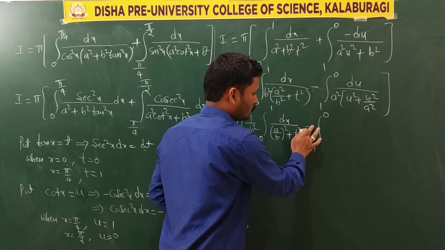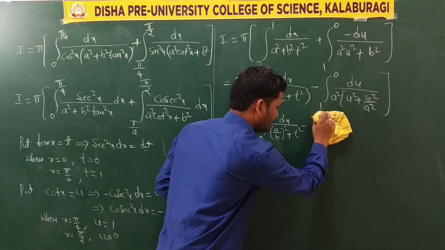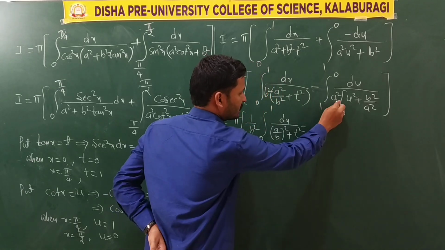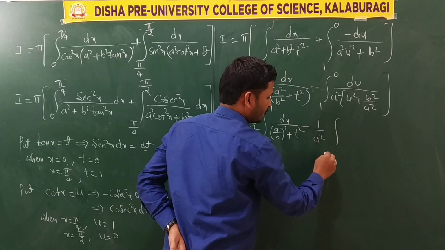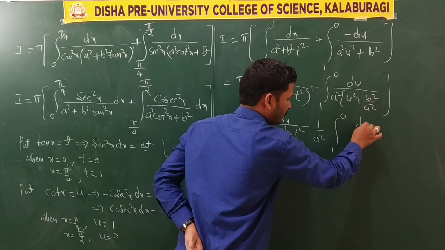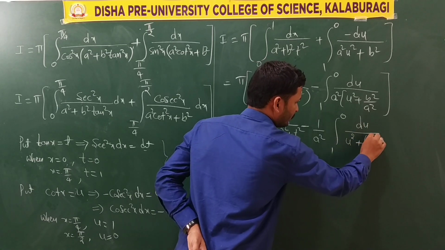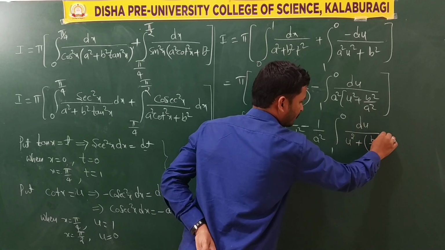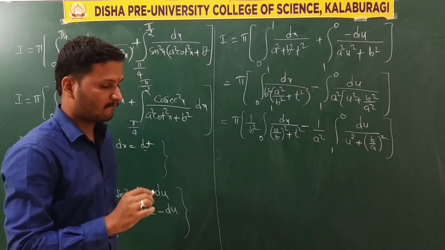Here a square is a constant, so taking the constant term outside the integral. So 1 divided by a square, integration from 1 to 0 du divided by, this can be written as u square plus b by a whole square. Then next,